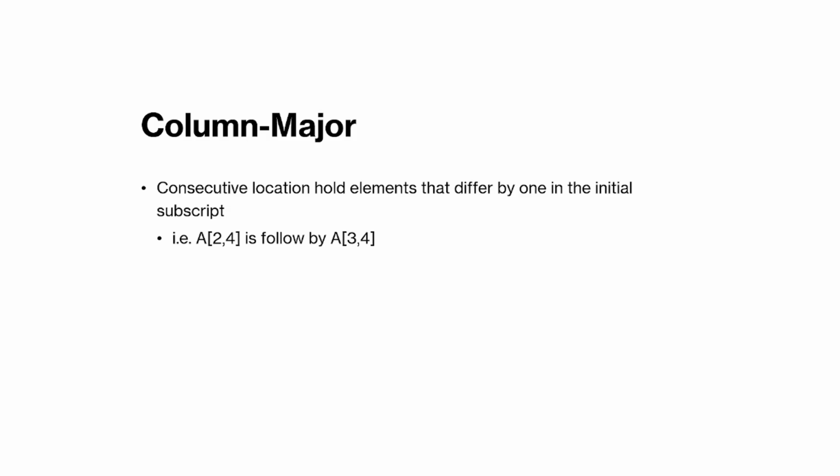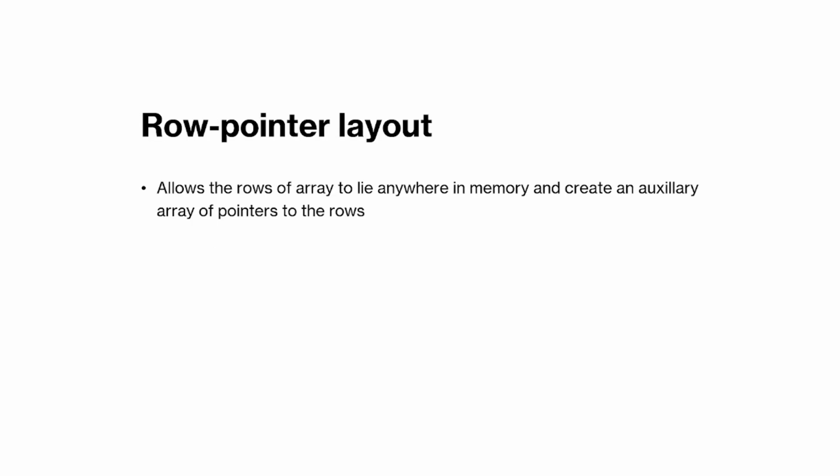And then the third, lesser common implementation is row pointer layout, where the main array is just a pointer to other arrays, which are the rows. And this creates an auxiliary array of pointers to the rows. And that is the end of